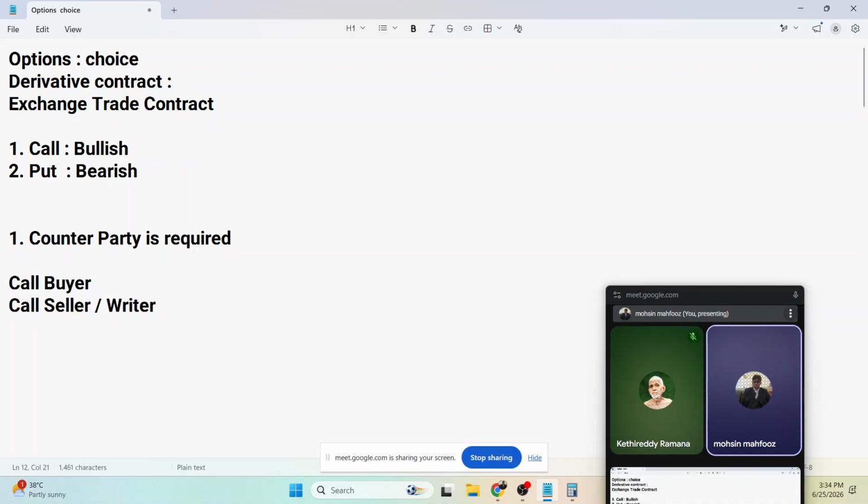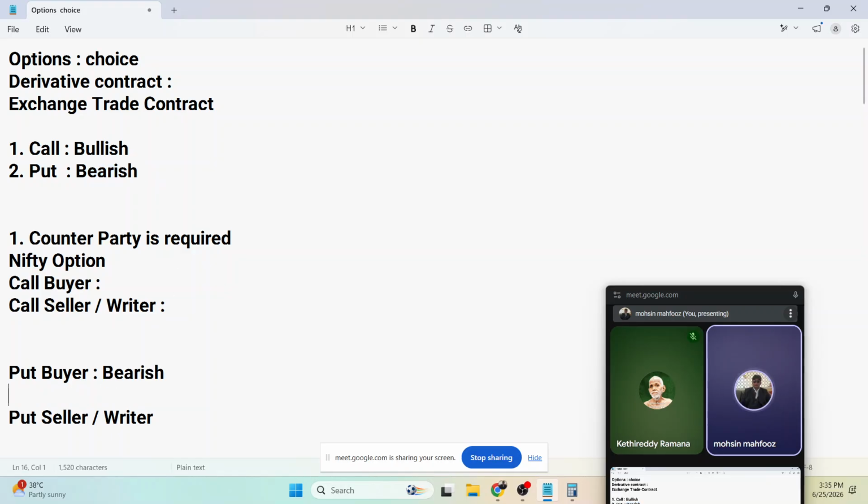ओके. तो जब एक ट्रेड बन रहा है, फॉर एग्जाम्पल वी आर मेकिंग अ कॉन्ट्रैक्ट ऑन निफ्टी. ठीक है. तो निफ्टी ऑप्शन का यूज़ कर हम कॉन्ट्रैक्ट बनाएंगे। तो यू आर बुलिश अबाउट द मार्केट, तो आपने क्या करा, उसकी कॉल खरीदी। एंड सेकंड पर्सन इज बेरिश अबाउट द मार्केट, तो वो क्या कर रहा है, वो कॉल बेच रहा है। एट द सेम टाइम दूसरा कॉन्ट्रैक्ट जो बनाया जा सकता है वो बनाया जा सकता है पुट के बीच में, पुट बायर एंड पुट सेलर, एंड पुट सेलर इज ऑल्सो नोन एज पुट राइटर।